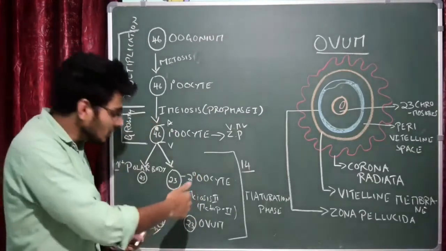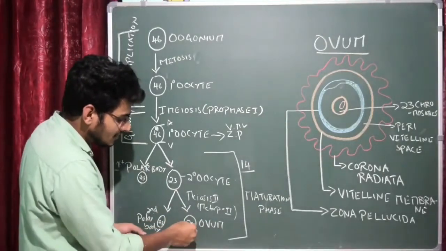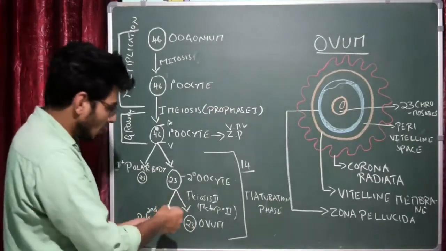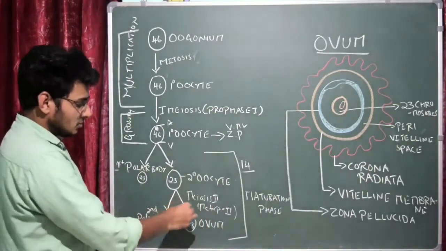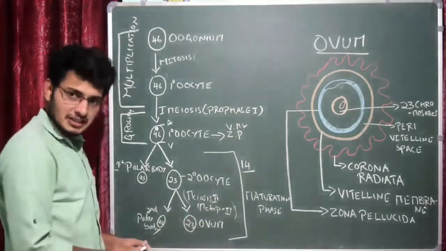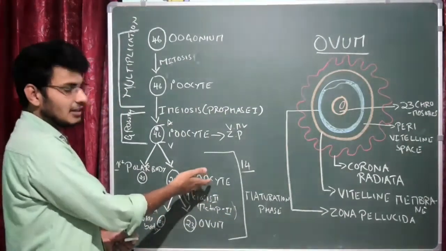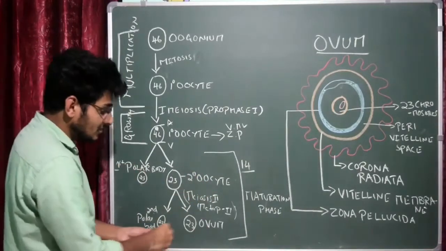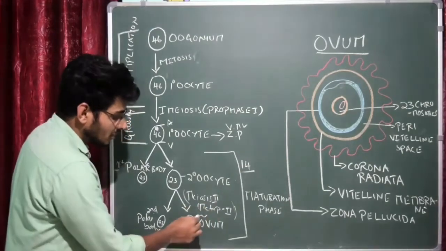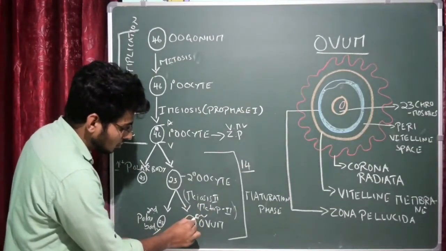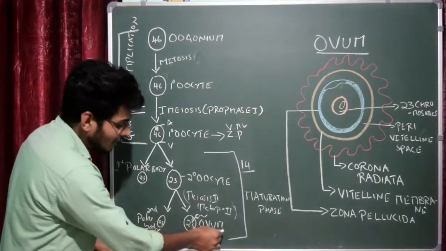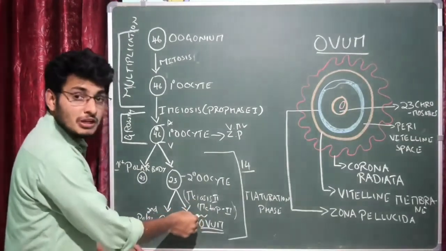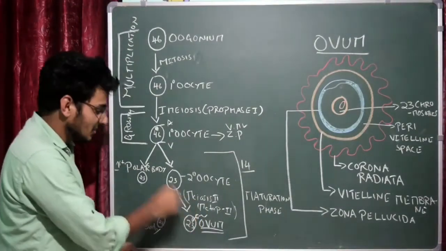If it is fertilized, then only we call it an ovum, because ovum means it is completed. Meiosis 1 and meiosis 2 are both completed. This is the one thing to remember. In the majority of cases fertilization does not take place, and as a result the secondary oocyte, which is arrested in metaphase 2, is discharged. If fertilization takes place, meiosis 2 is completed only when one sperm enters the secondary oocyte, and then only we call it an ovum. That means for the completion of meiosis 2, sperm involvement is very, very important.